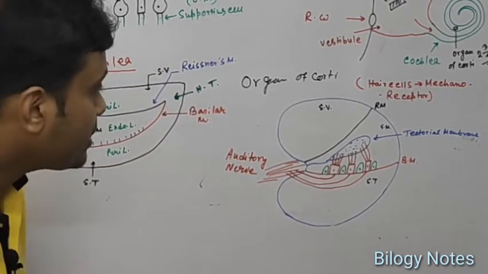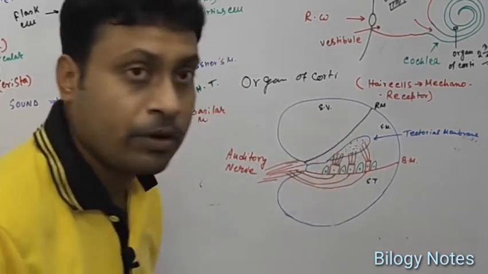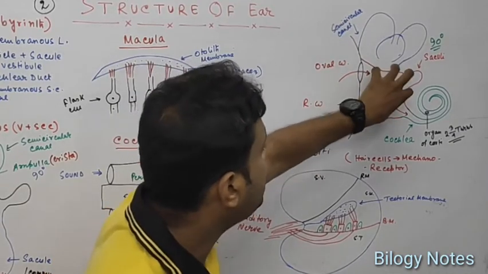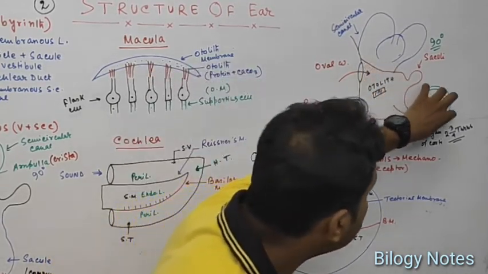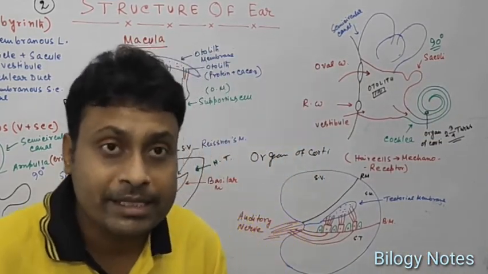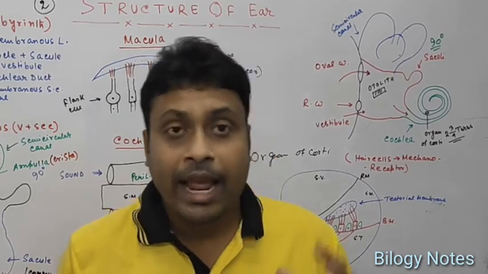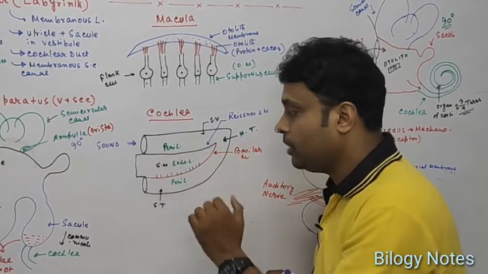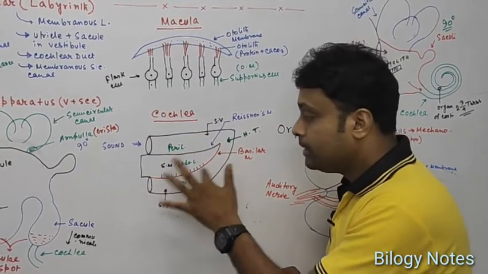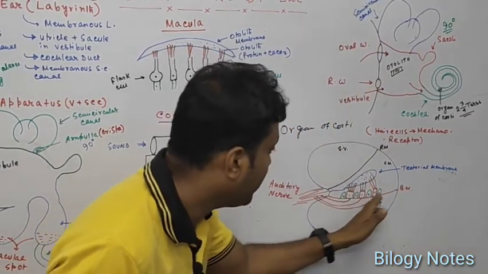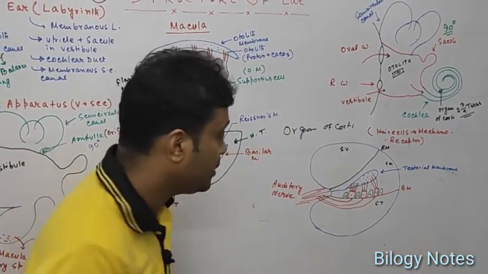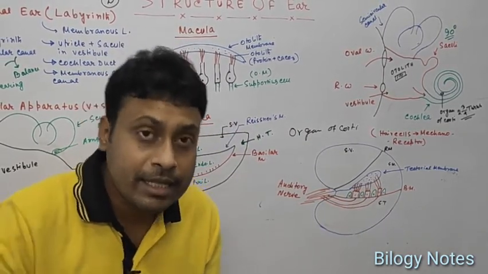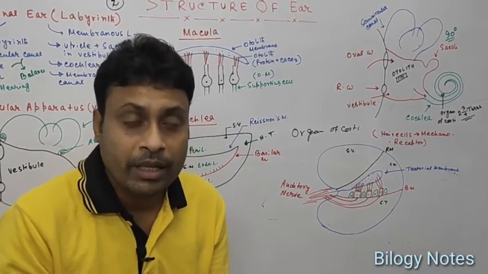Then when the sound wave comes into this endolymph, I have already told you that the sound wave passes from the oval window into the vestibule, and then into the cochlea, into the organ of Corti. Inside the cochlea, this sound wave causes the vibration of the perilymph and the endolymph, and then the vibration of the basilar membrane, and when the basilar membrane vibrates, the position of the sensory hair cells is also changed or disturbed. They move actually,